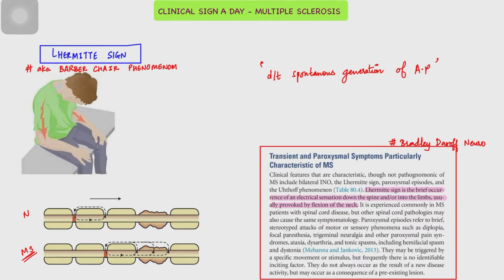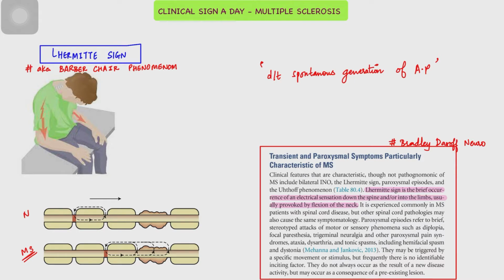So in today's one clinical sign a day, we are going to discuss signs in multiple sclerosis. The first sign we are going to discuss is Hermite sign. Hermite sign is also known as barber chair phenomenon. Hermite sign is basically the electrical sensation down the spine or the limbs, which is usually provoked by flexion